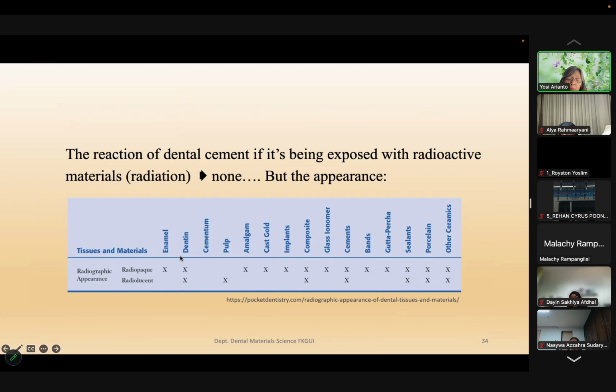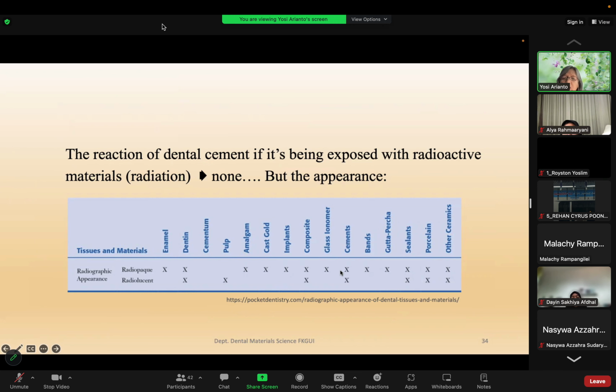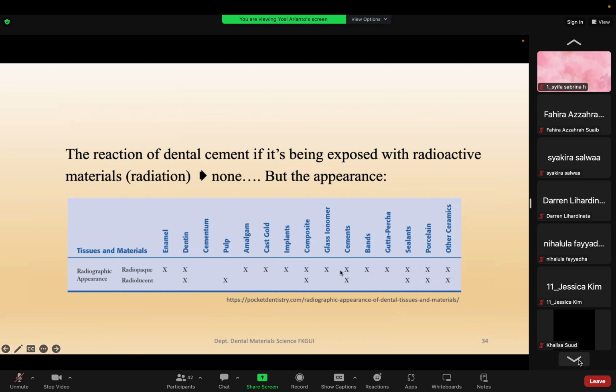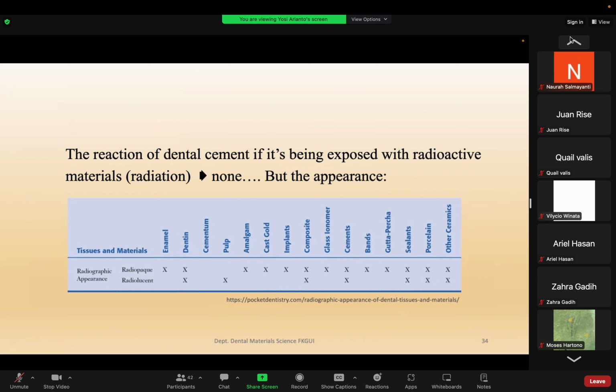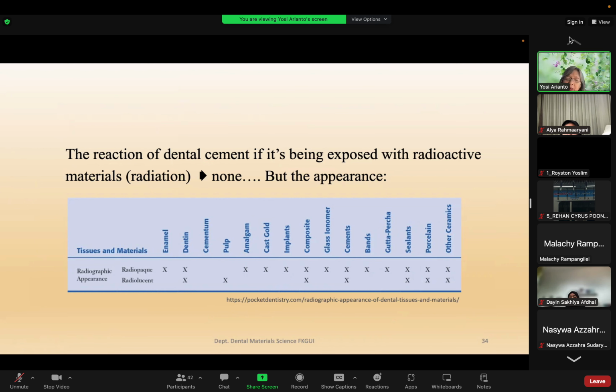Dentin is radio-opaque and radiolucent, yeah. Pulp is radiolucent because it's organic. Amalgam is radiopaque, and dental cement here, like glass ionomer cement, is radio-opaque, but it is not as opaque as gold amalgam. Yeah, it's lower than